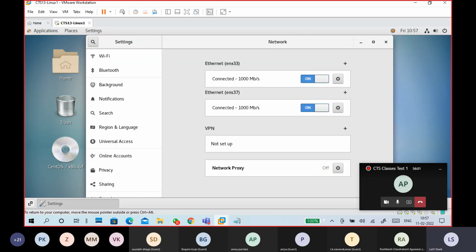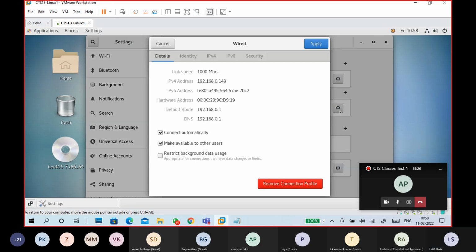You got ENS33 on. This is ENS37 on. The 37 is the second one, 33 is the previous one. 37 is there because I added two networks. Remember, I added two networks. This is disable. This is enable in GUI mode.